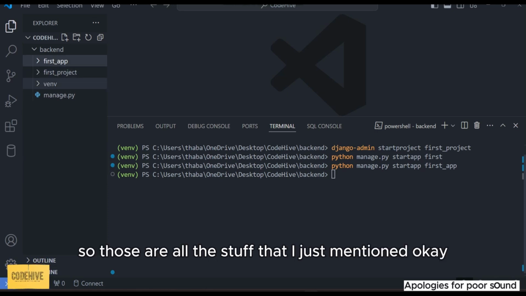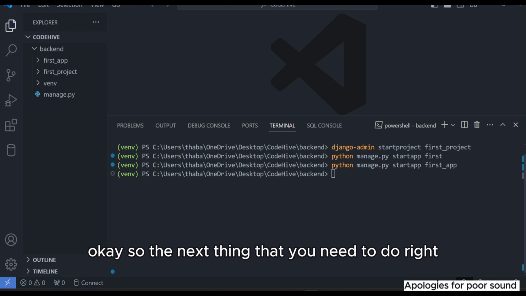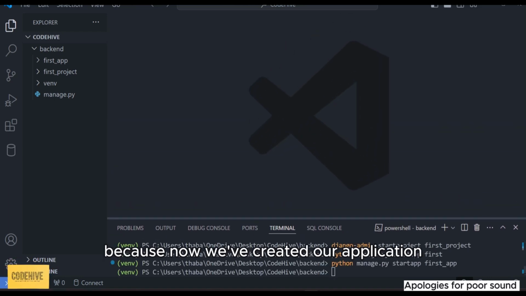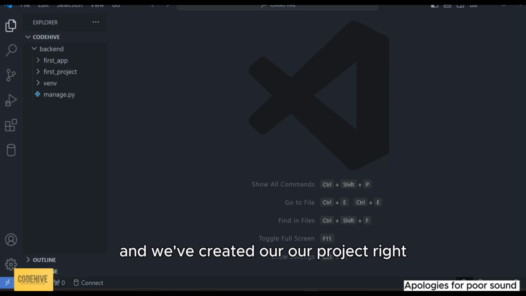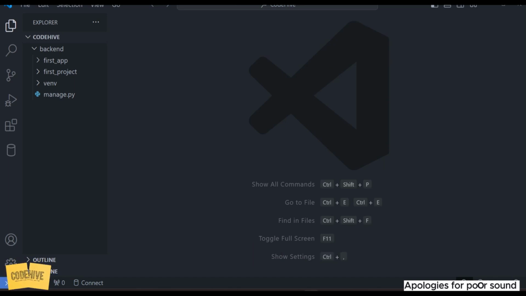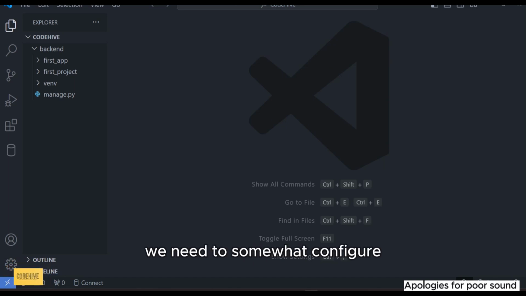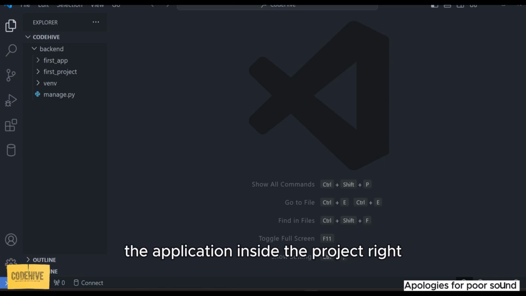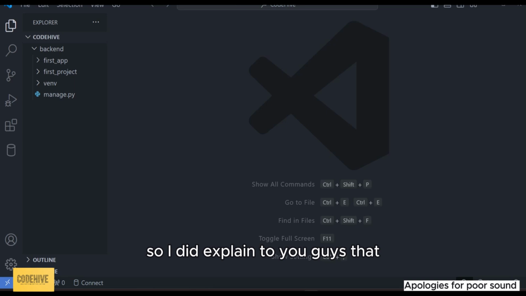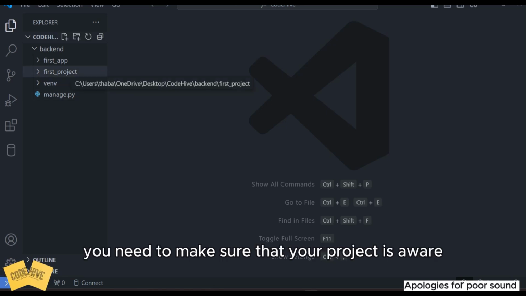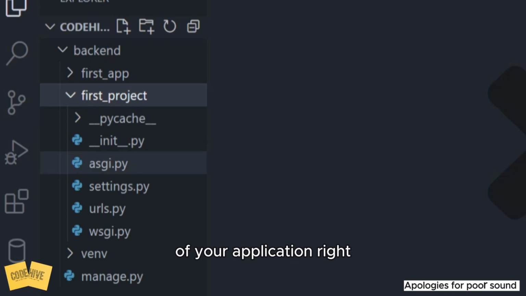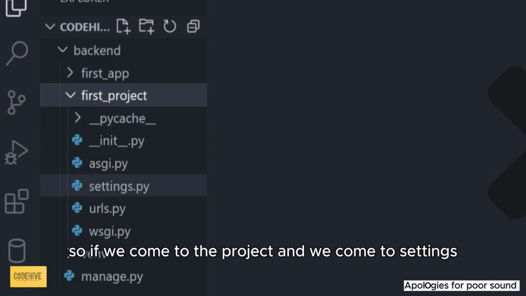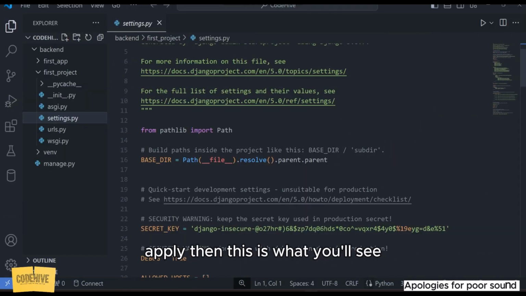I just mentioned. Okay, so the next thing that you need to do, right, because now we've created our application and we've created our project, right? What we need to do now is we need to somewhat configure the application inside the project, right? So I did explain to you guys that you need to make sure that your project is aware of your application, right? So if we come to the project and we come to settings.py, then this is what you'll